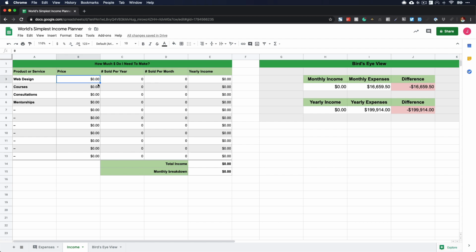So let's say that you have a web design business. You sell websites for $1,000. You want to sell 12 websites per year. You'll be making $12,000 a year just from web design. If you sell 12, okay, that's one per month. But we still need an extra $1,100 to make sure that we're making at least enough money to cover our